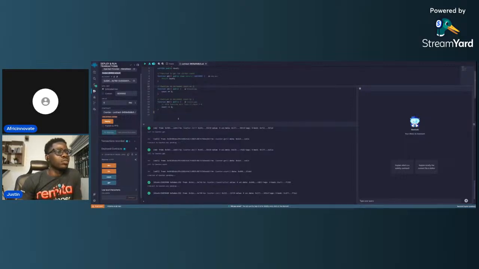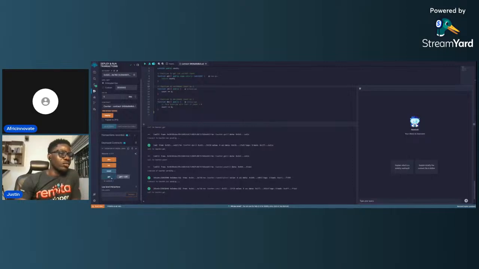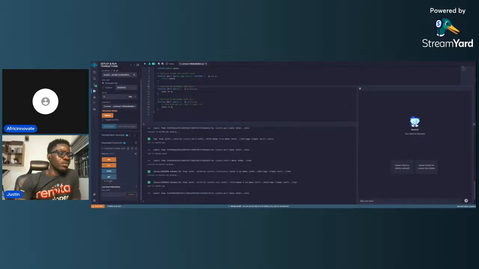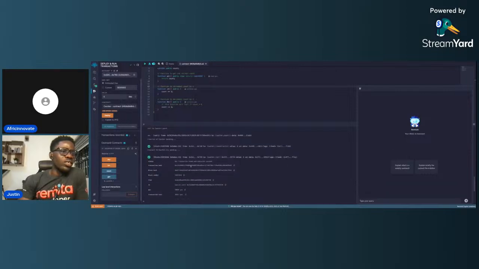All right. So that stuff, yes, it was successful. So if I do get, I can now see one on the screen. So I'm going to do something right now. I'm going to expand this, copy the transaction hash, which is this one. I'll copy it and I'll go to